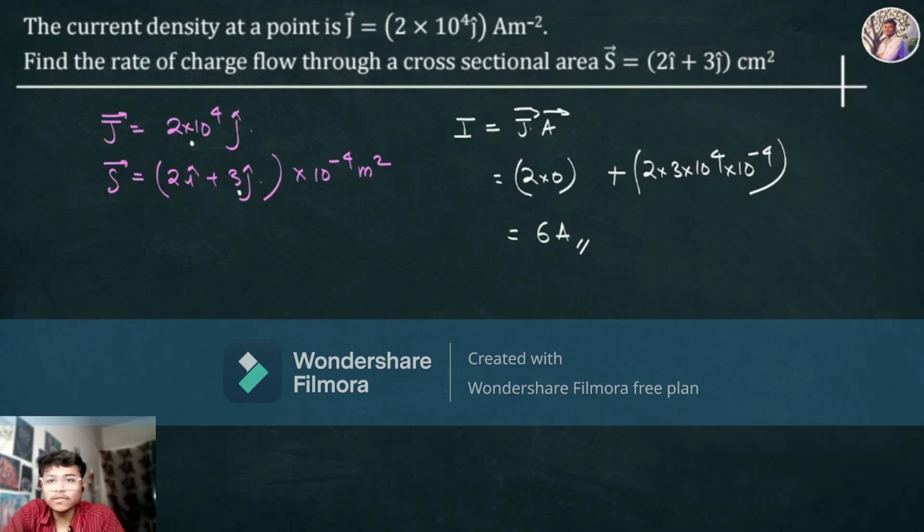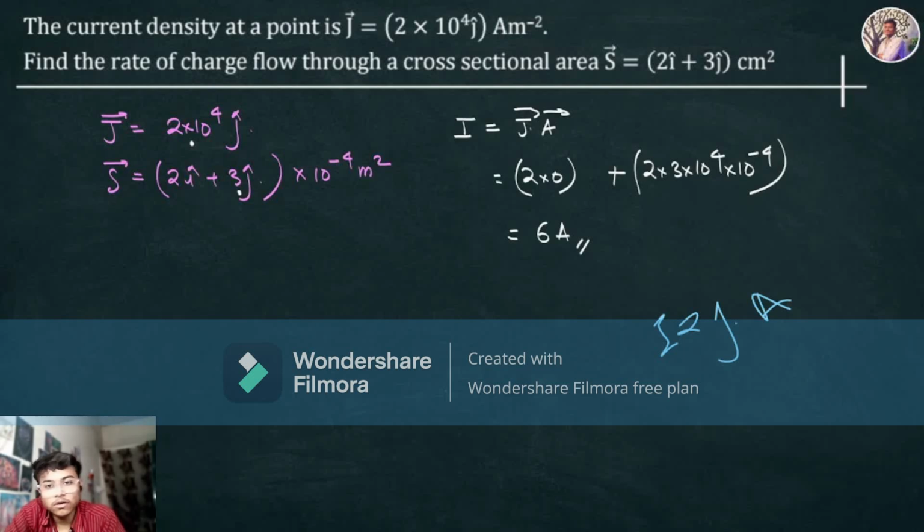Okay. So here is the vector given current density. Find the rate of change of flow through the cross-sectional area, where J is equal to 2i plus 3j. We know the formula for current is I equals J dot A, so we will get the dot product between these. And we know that for i dot i,